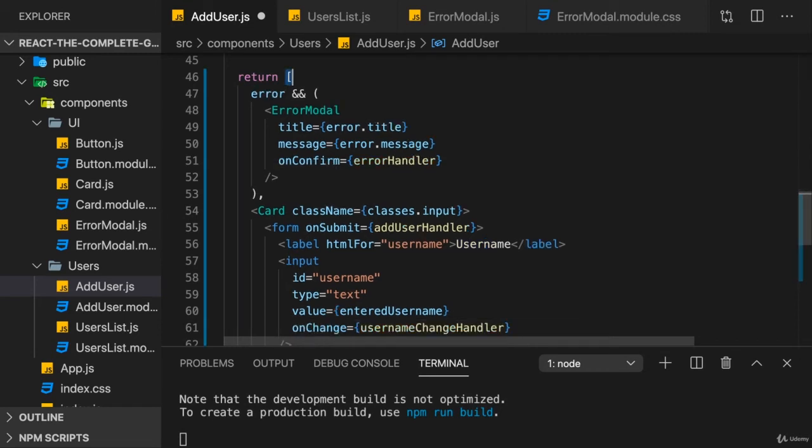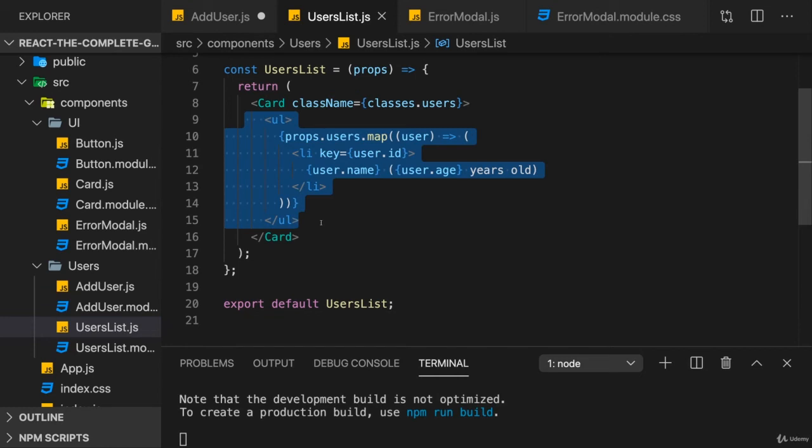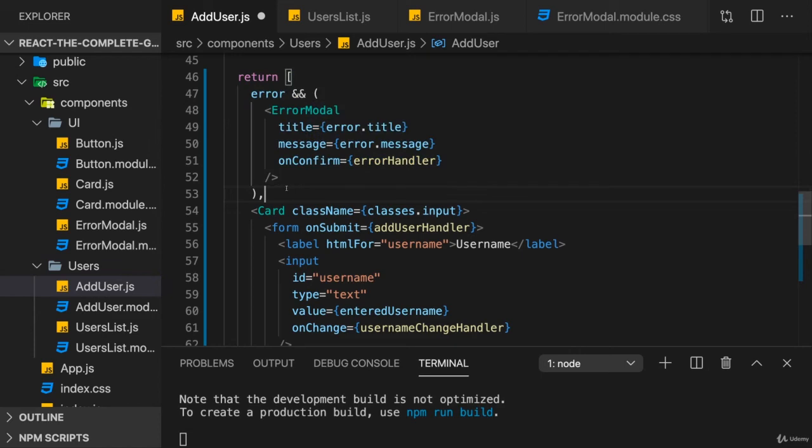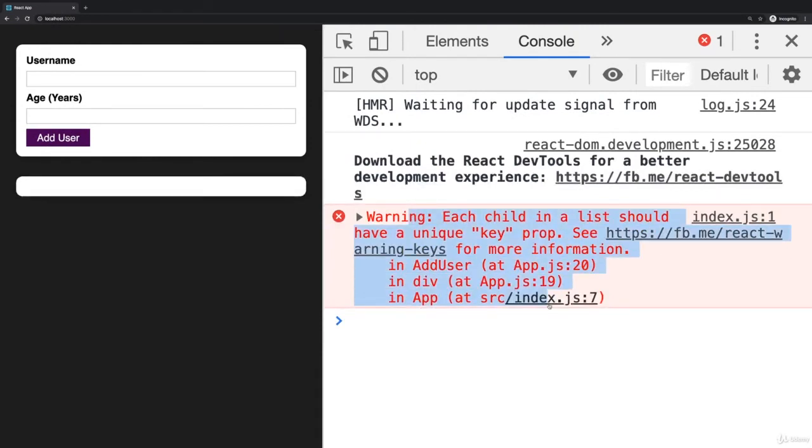That would be valid, but this has a little gotcha. We can return an array because React is able to work with arrays of JSX elements. We did utilize that when we output our list of users here, or also earlier in the course you learned about mapping arrays of data to JSX elements in the lists and conditionals module. So React knows how to work with arrays of JSX elements, and hence of course here we could also return such an array of JSX elements. If we do that, and we preview this application, we do get a warning though.